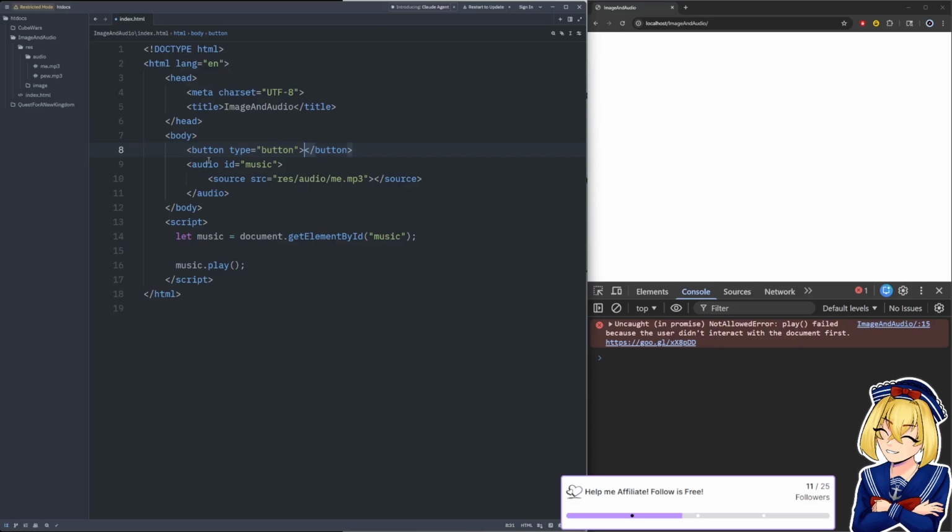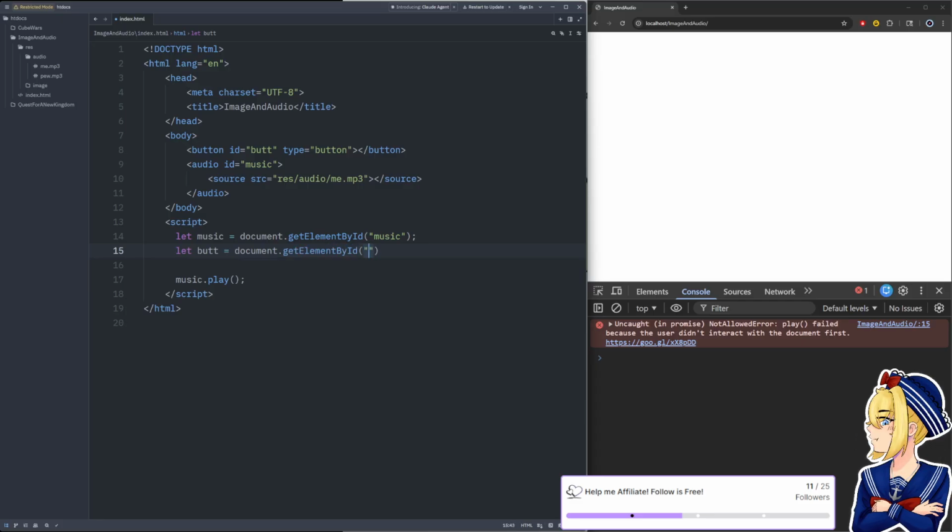We don't want it to actually do anything, like submit a form, and then we'll just call it but. How about that? And then we need to get a reference to the button. We're going to say let but equal document.getElementById and but.